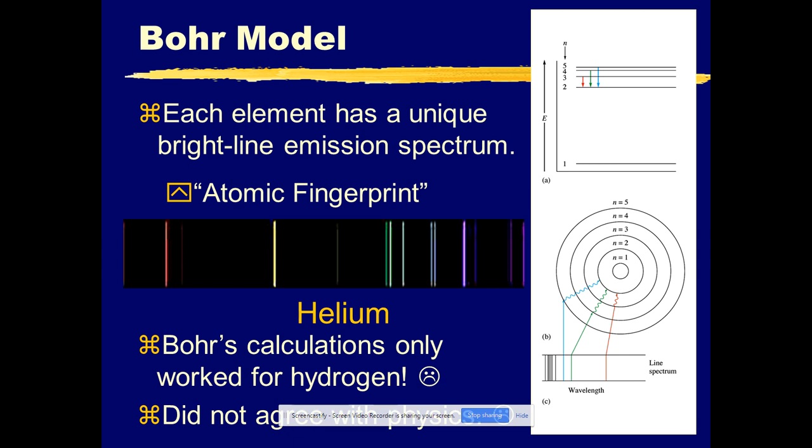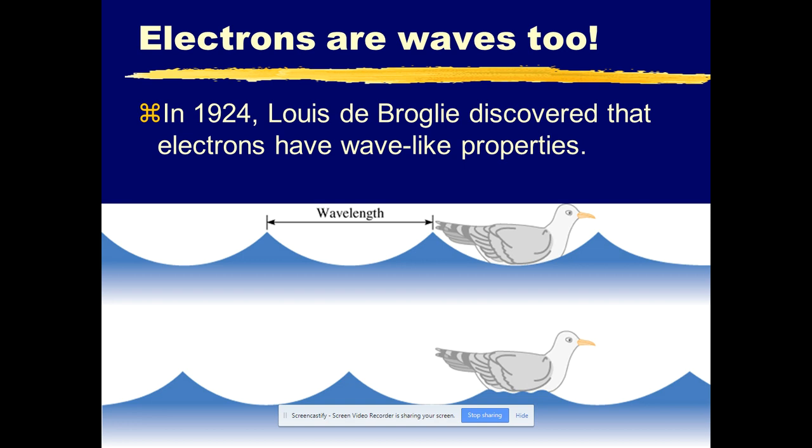And so logically, we must therefore conclude either we're wrong about the fact that an orbiting charge should give off energy, and we have a lot of evidence to suggest that is correct, or the electron is in fact not orbiting the nucleus. Now, there were some subsequent discoveries that lead us to our modern understanding of the atom. And one important discovery was that electrons, like light, can behave both as particles and waves. And it's these wave-like properties that really lead us into the new quantum mechanical model of the